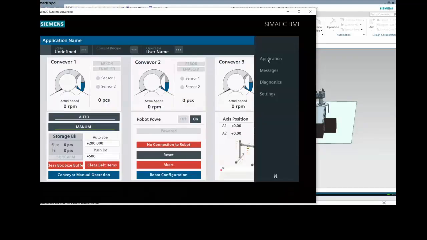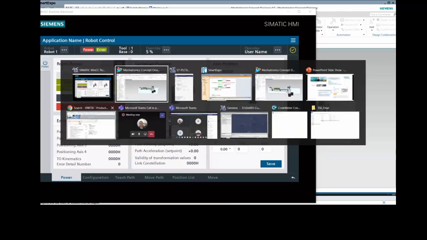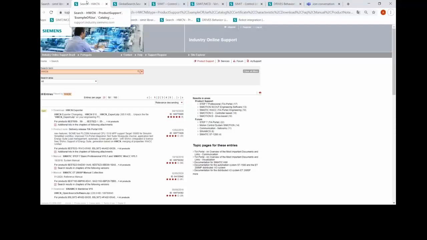In this example, I have used something called the Semantic Robot Integrator application. So we will have other sessions in following weeks where we'll talk more about this application example. But what this application example basically does is it gives you an integration with different robots from different vendors. So I will show it to you